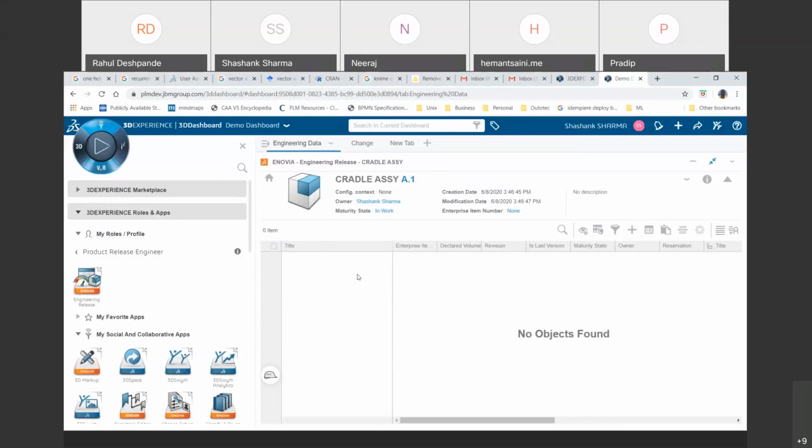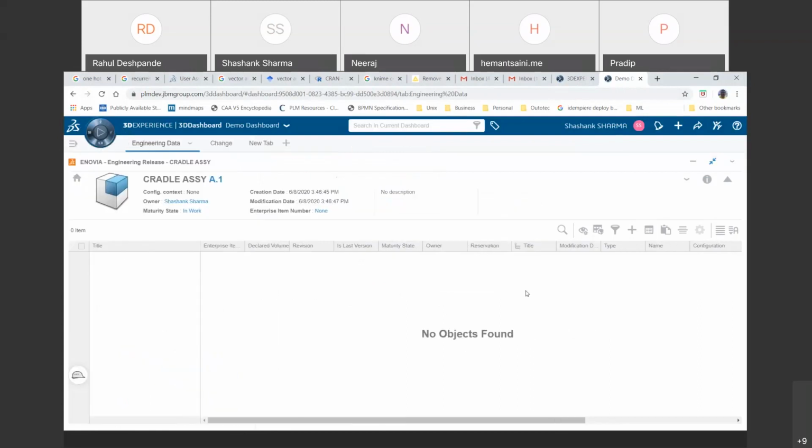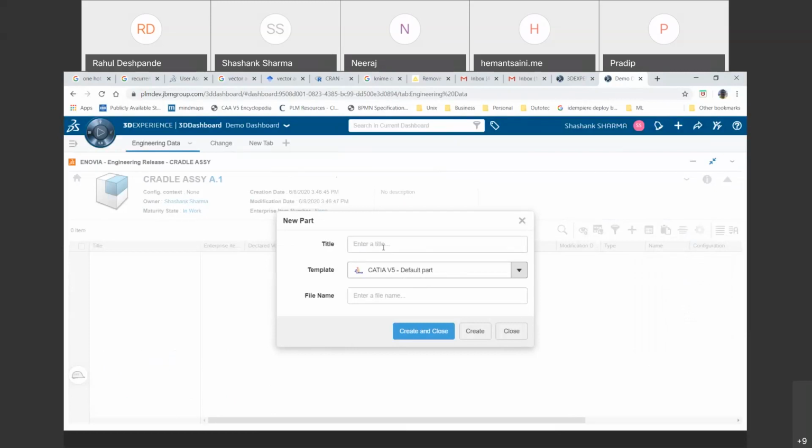So now in Cradle assembly, I am already in Cradle assembly. Okay. There are a lot of plus signs at different places, so don't get confused. Okay. First, I'll create a CATIA part, and then for both of them we will get a part number. Okay. I want to create a new 3D part. Okay. Then this is